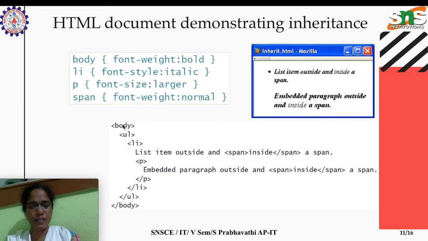There is a clash between body and the span. Why a clash? Because in body the font weight is bold, but inside the span the font weight is normal, so the priority goes to this specific element. That's why it is not bold but it is italic. Similarly for the paragraph the same concept goes.